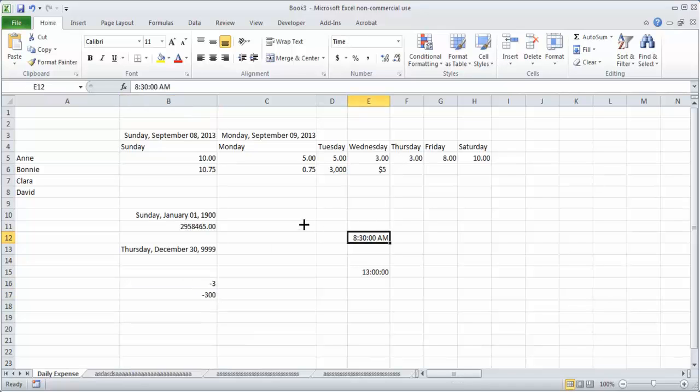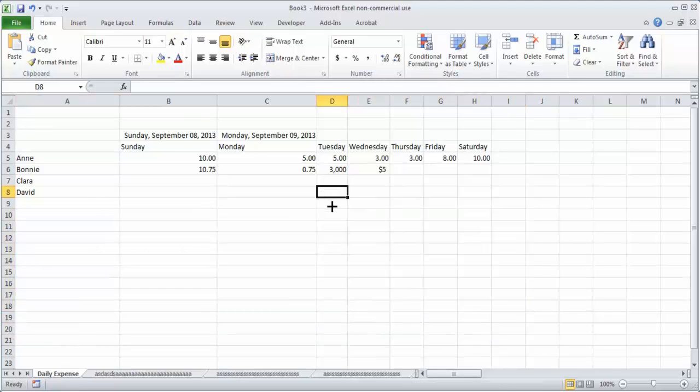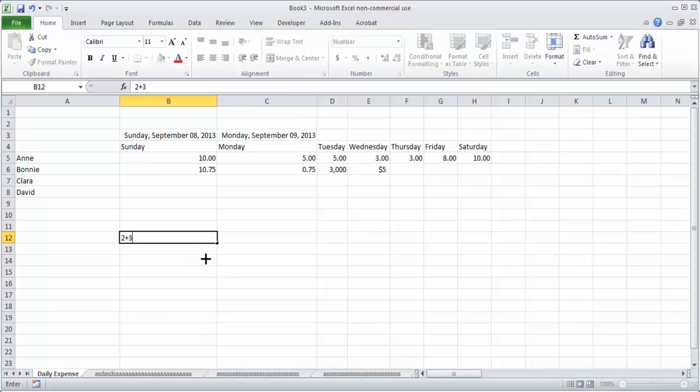Then the next type of data is the formula. We told you over here, this is the formula bar. Let's say you want to add 2 plus 3. If you put 2 plus 3 like this in Excel, you will not get any value. You will not get the output of 5. This will be treated as text or a number, but it will not give you any value.